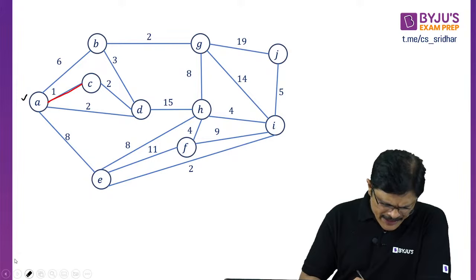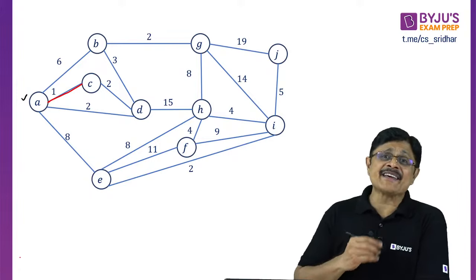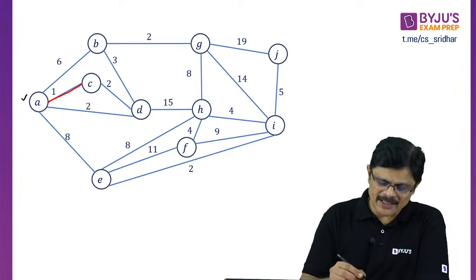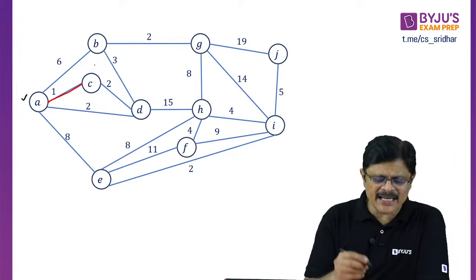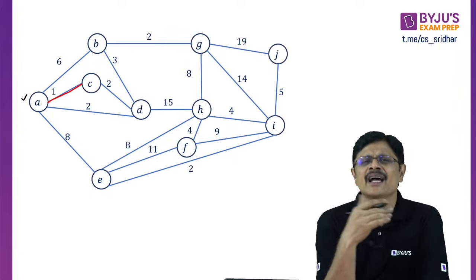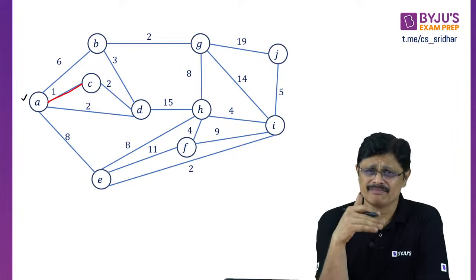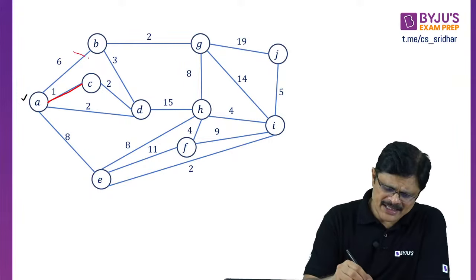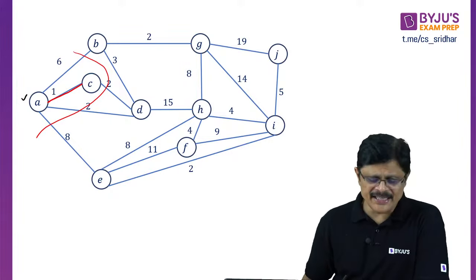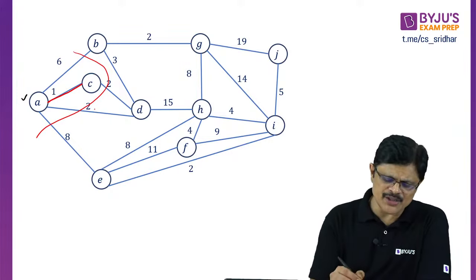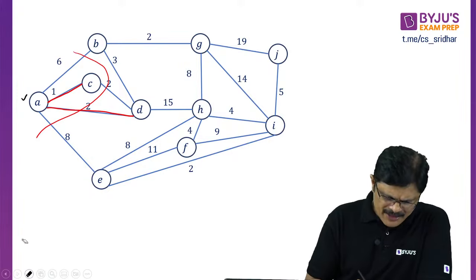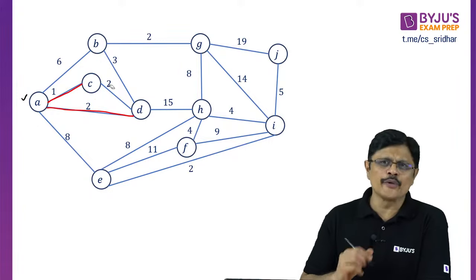Now try to see the cut which separates AC from the remaining part. That is, A and C are like one part, one set, and the remaining part is the other part. Try to identify the cut, my dear friends. So this is the cut. In this cut, what is the least edge? There are two least edges. Anyone you can select. Let me select this one. Now 3 vertices are selected and 2 edges are selected.